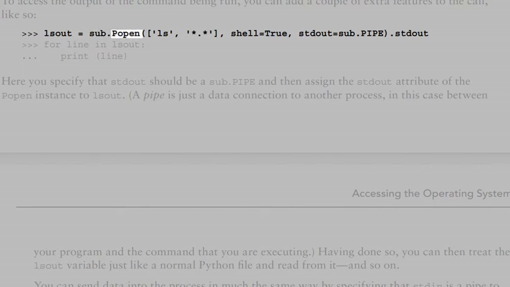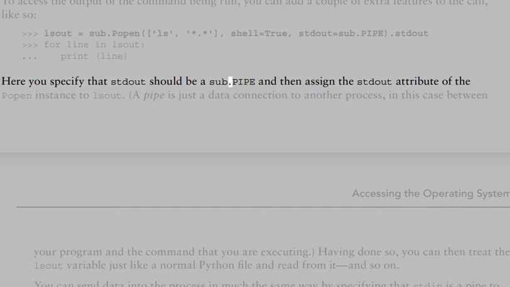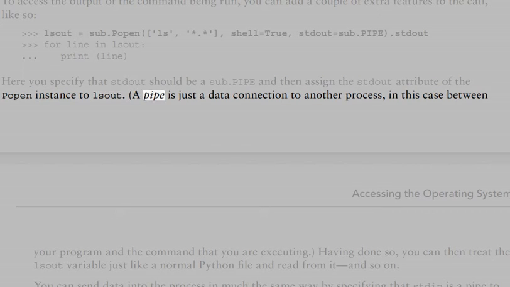lsout = sub.Popen('ls *.*', shell=True, stdout=sub.PIPE).stdout; for line in lsout: print(line). Here you specify that stdout should be a sub.PIPE, and then assign the stdout attribute of the Popen instance to lsout. A pipe is just a data connection to another process, in this case between